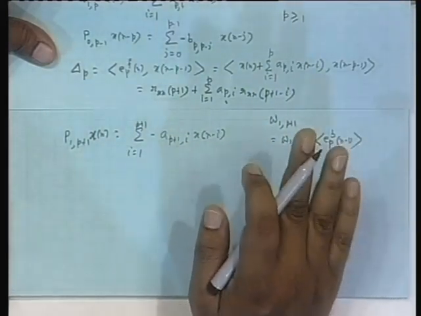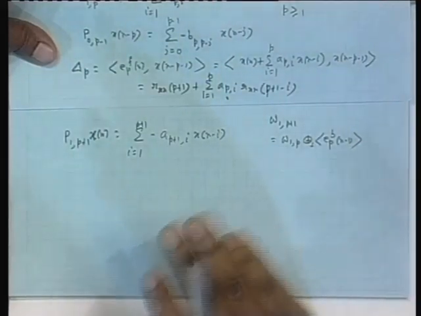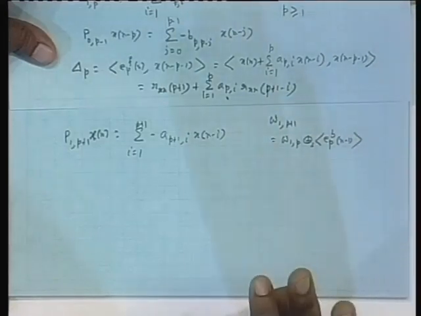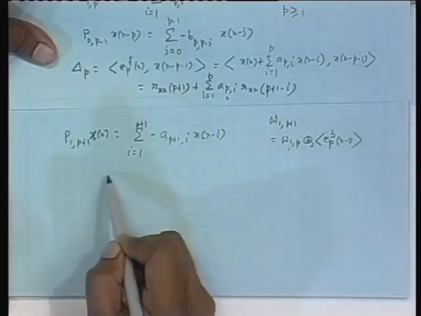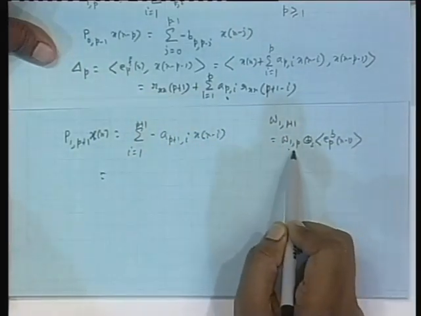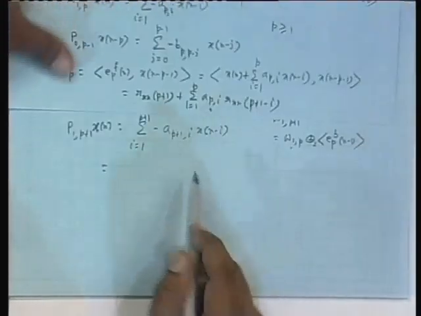Do you remember this, or do you have to go into it? That I am dropping. That is implicit. If you want, I can put a perpendicular, but that is implicit now. I am never going to do anything with ordinary direction decomposition. That does not help me at all. This is orthogonal decomposition. So, obviously, overall projection on this as needed here is nothing but projection here plus projection here. This projection I already know in this form. Projection on this is what? P 1 comma p x n, that we already know. So, that I substitute there.